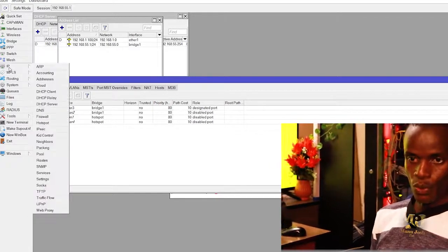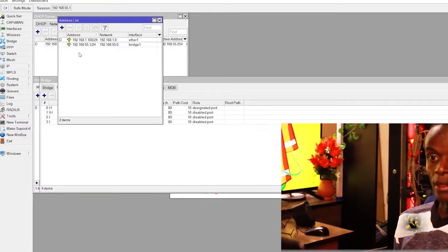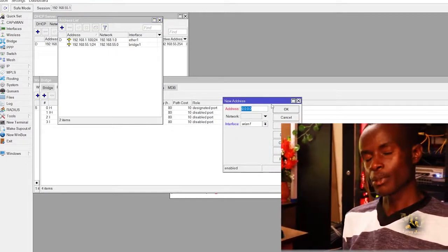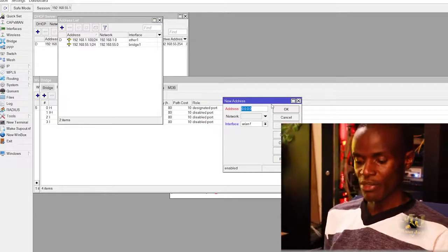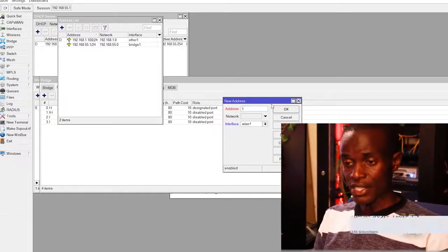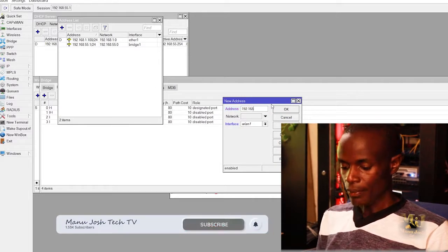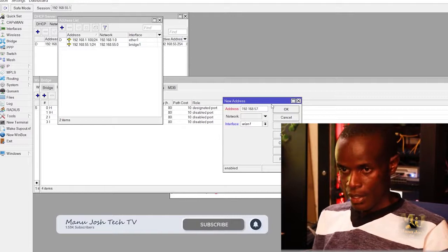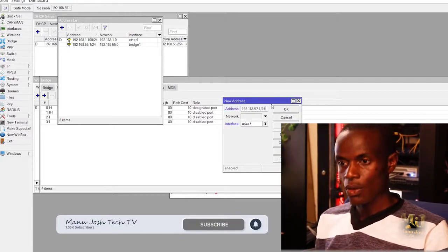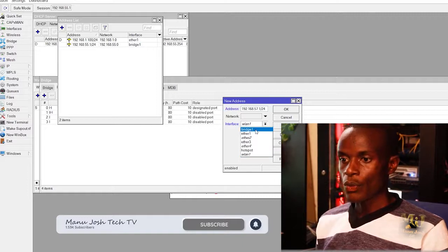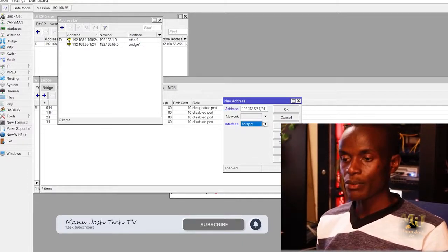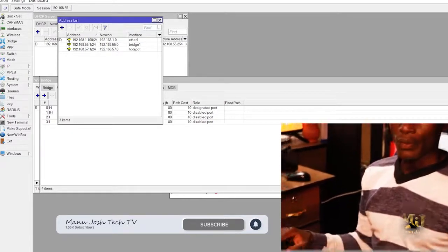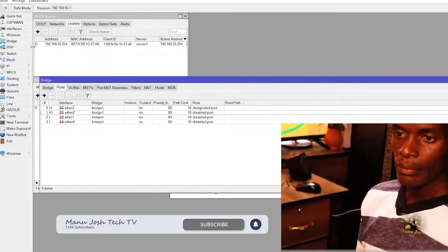So what we need is you go to the addresses, then you create an address for the hotspot. So hotspot will be using IP number 57, that range, 192.168.57.1/24. So we are running that on the hotspot bridge. Click apply. Okay, then we go to the IP